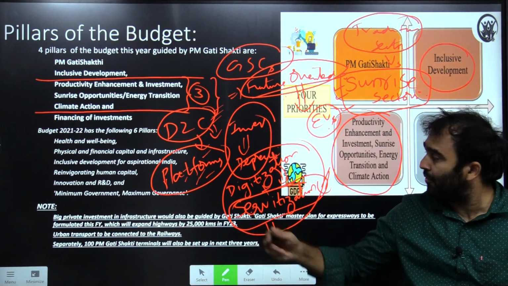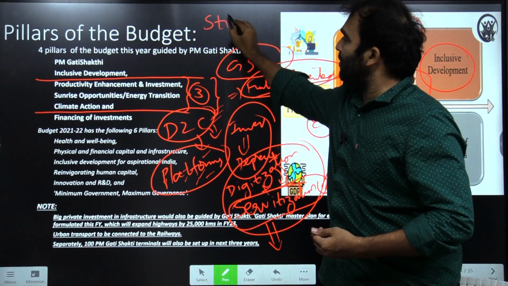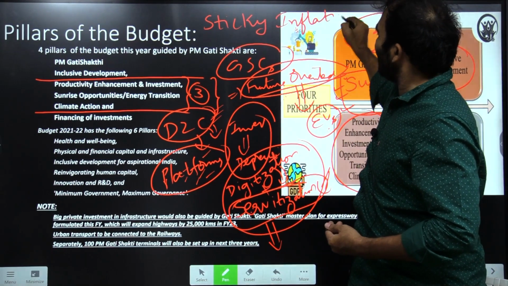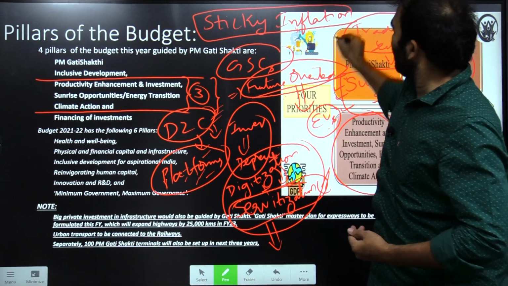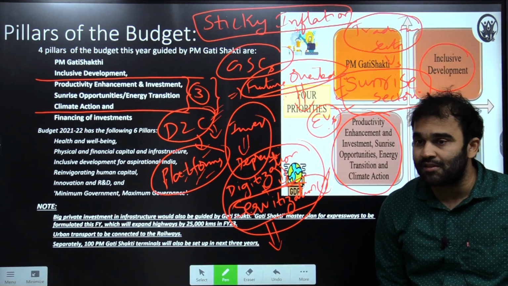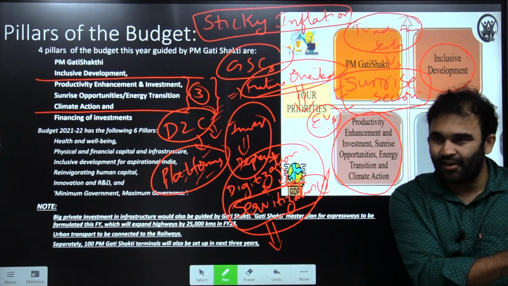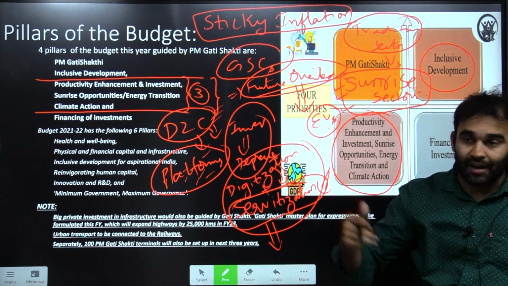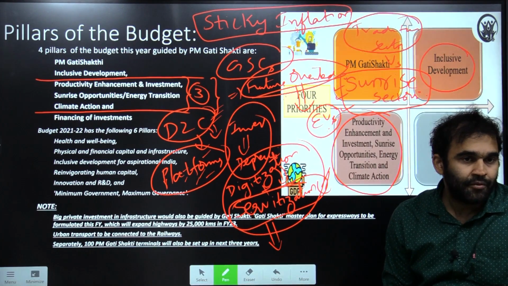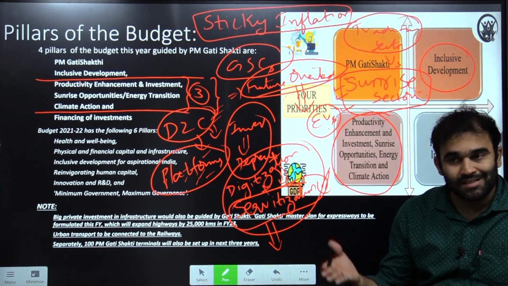Generally, such type of inflation, where the inflation is not reducing for longer periods in spite of different types of policy measures that the governments take, is known as sticky inflation. Sticky means it just gets stuck. Wherever the number is, it gets stuck there. So right now we are also experiencing this phase of sticky inflation. The government is trying to do many things, but nothing is changing.